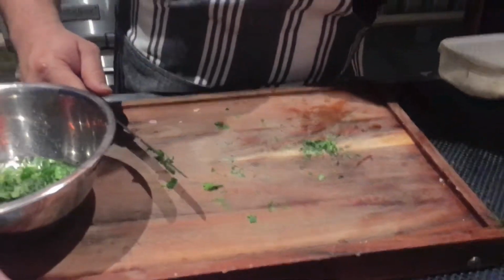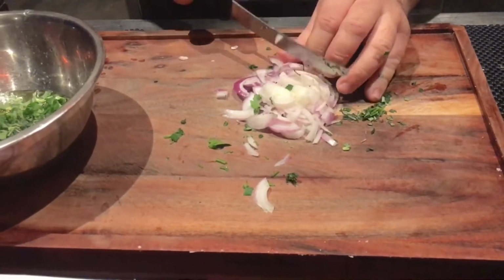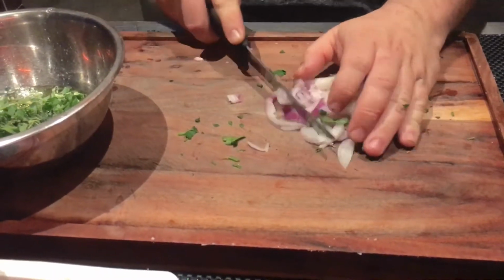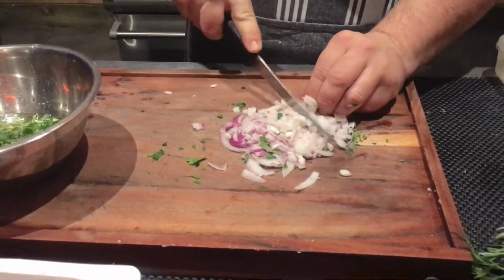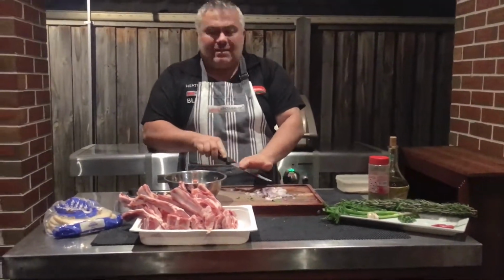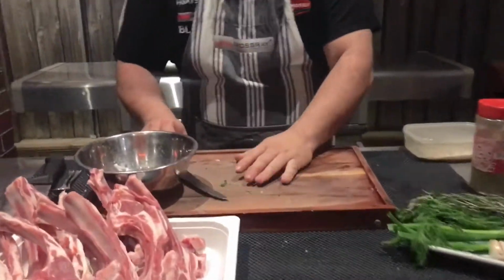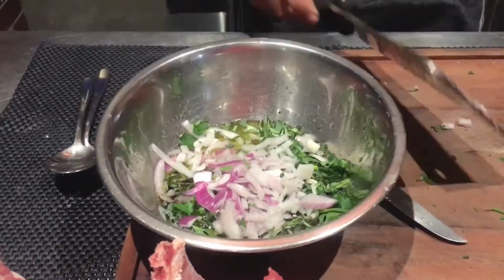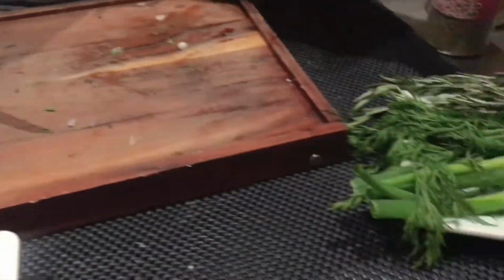We've got our onion. We'll cut that up. There we go. And this is not going to take long to cook. All on the crossroad barbecue. The cutlets, the lamb cutlets, should take around 4 or 5 minutes. They should not take any longer than that. And we'll just use that. There we go. And of course, we have some chili